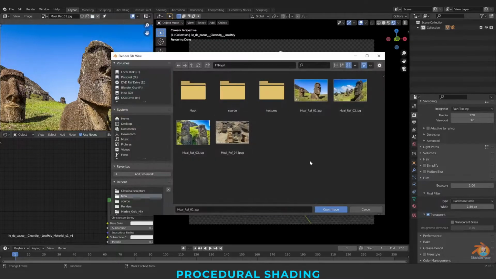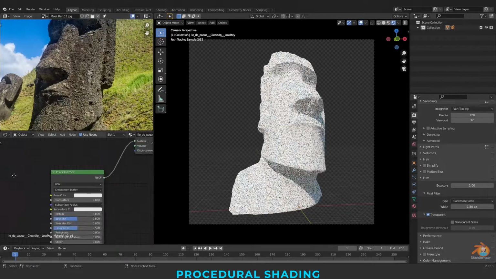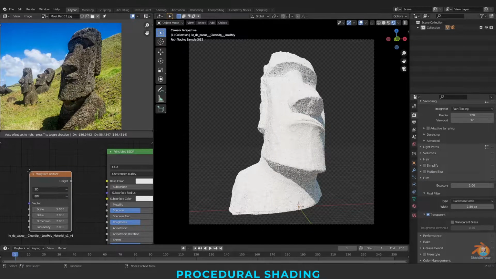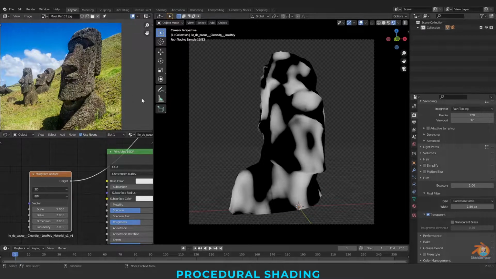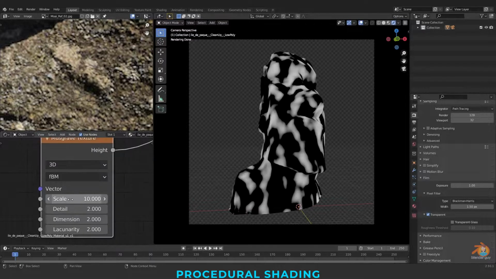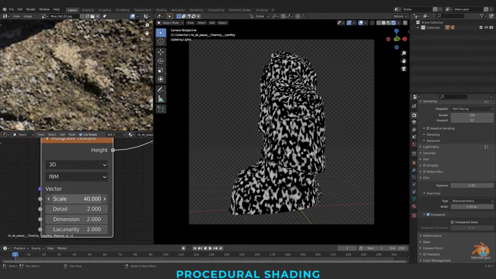I'm just opening the image. So let's start doing the procedural shading. I'm taking a Musgrave texture. To view this texture on the model, I'm Control Shift clicking on this, and I can see the pattern is very small here, so I'm increasing the scale.